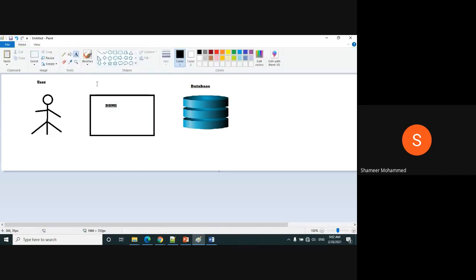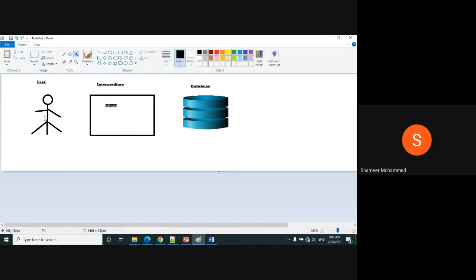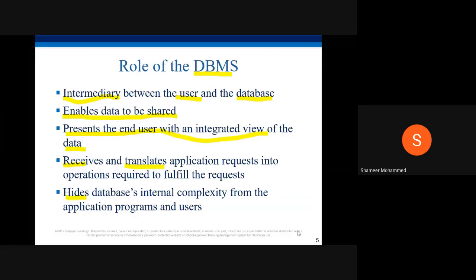This is your intermediary, like an interface between you and this database. Through this DBMS software, you can access your information. So that is the meaning here. You understand? Intermediary means the middleman between you and your database.